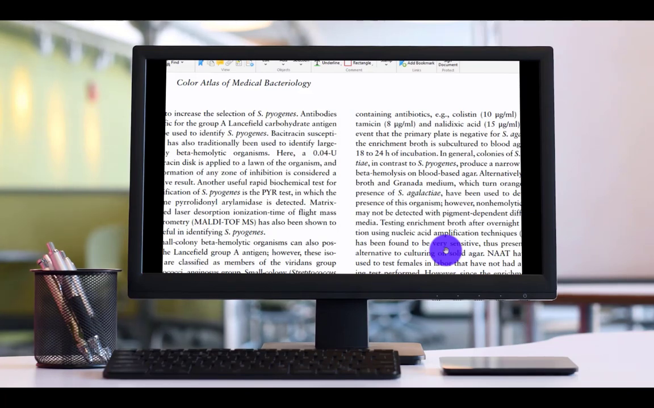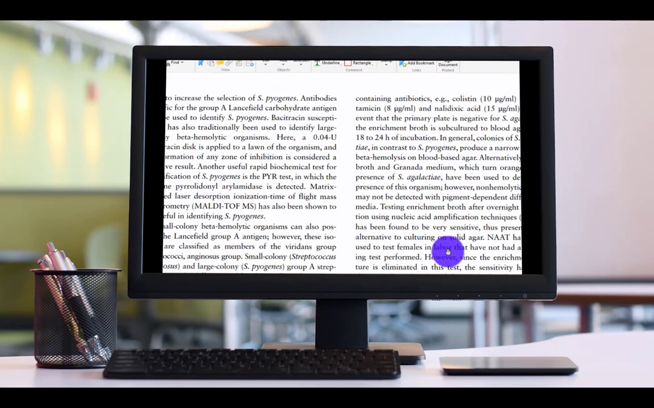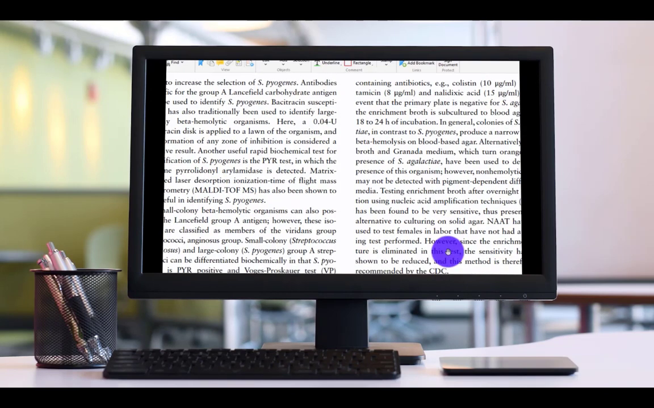Bacitracin susceptibility has also traditionally been used to identify large colony beta hemolytic organisms. Here, a 0.04 unit bacitracin disc is applied to a lawn of organism, and the formation of any zone of inhibition is considered a positive result. Another useful rapid biochemical test for identification of Strep pyogenes is the PYR test,